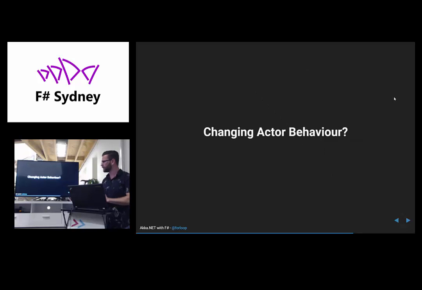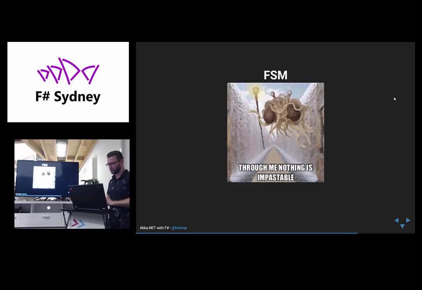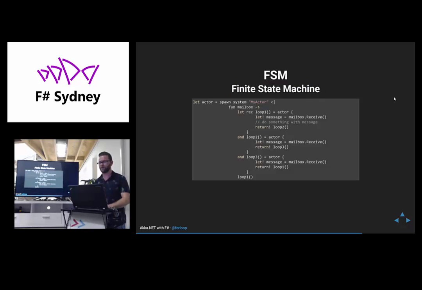So changing actor behavior, so modifying the state of the actor in response to messages it receives. That's done through FSM, not the flying spaghetti monster, although that would be amusing. It's actually done through implementing a finite state machine in F#, and the way that we can do that is rather nice, using mutually recursive functions. So we can define three recursive functions at the same time within F#,